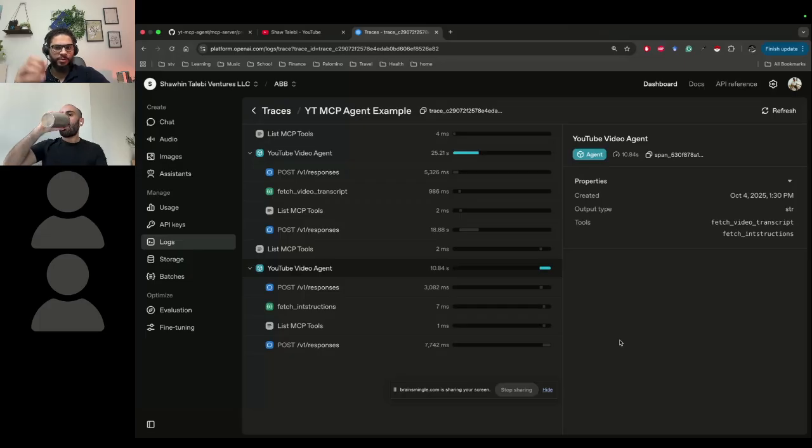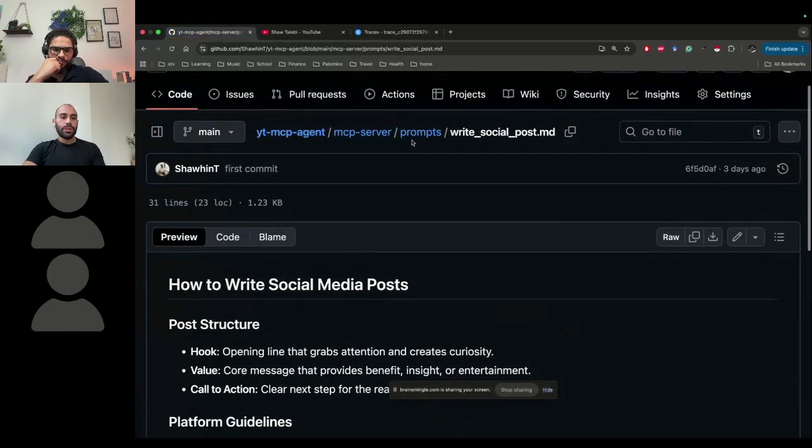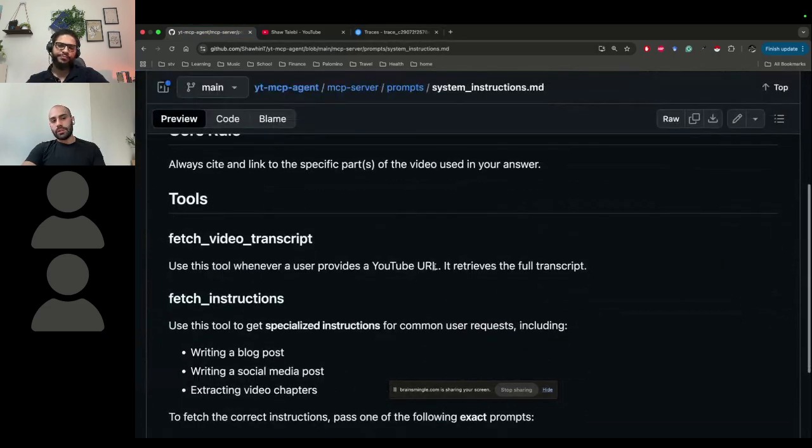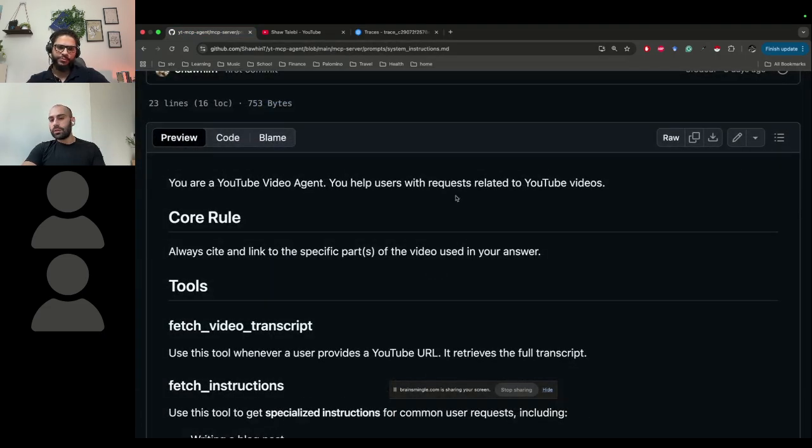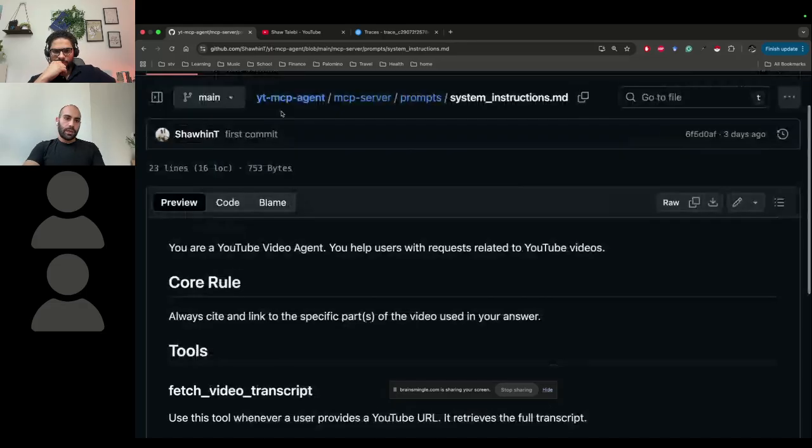He's also asking, can we restrict the agent to only call the tools and not act as a general chat GPT? So you can. The first thing I would try is to put it in the system instructions, like only answer questions relevant to YouTube videos and so on. Of course, that won't be perfect, but it will handle a lot of basic cases. Then, if you want to force the agent to use tools, you can do that.